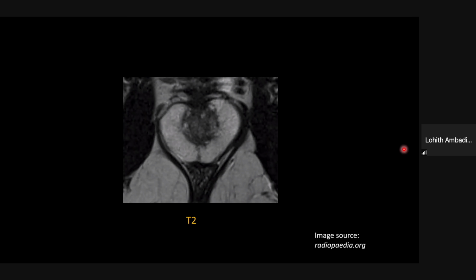Now, this is a T2 weighted sequence, axial plane of a normal looking prostate gland. You can see the central gland, which is darker than the bright, homogeneous, normal peripheral zone. So this is the normal signal of the peripheral zone. It is bright on T2. That is how it should look. And the central gland